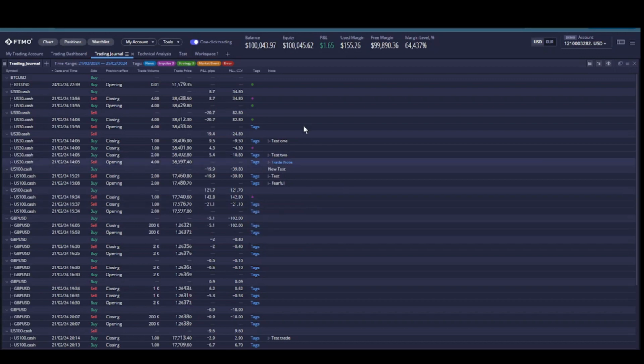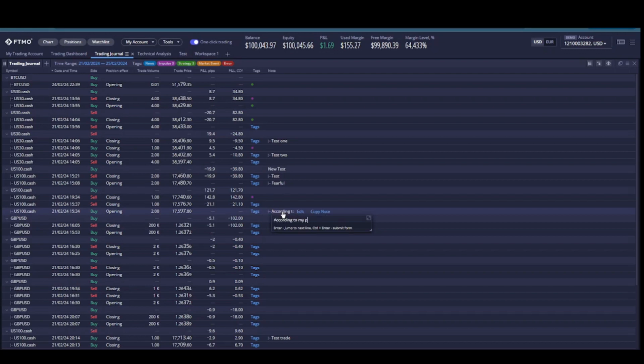Then next one is the note field here. There are 3 different note fields available here. Let's say right here, it was a buy trade. So this trade note is for when you enter your trade, why did you enter it. So you can say according to my plan, hit control enter to submit it.